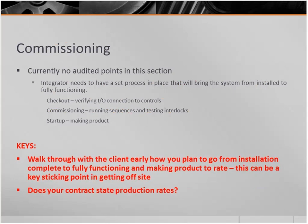For commissioning, obviously another huge part of what we do, but again, no currently audited points. This is really about checkout, commissioning, and startup, verifying you got all your I/O connections correct, running your sequences and testing interlocks and making product. All of us potentially use a little different terminology and definition. We may all say checkout, but the way we do it may be a tad bit different. But what the real key here is, walk through that with the client. However you're planning to do it, talk to them early about how you plan to run checkout, commissioning, and startup,